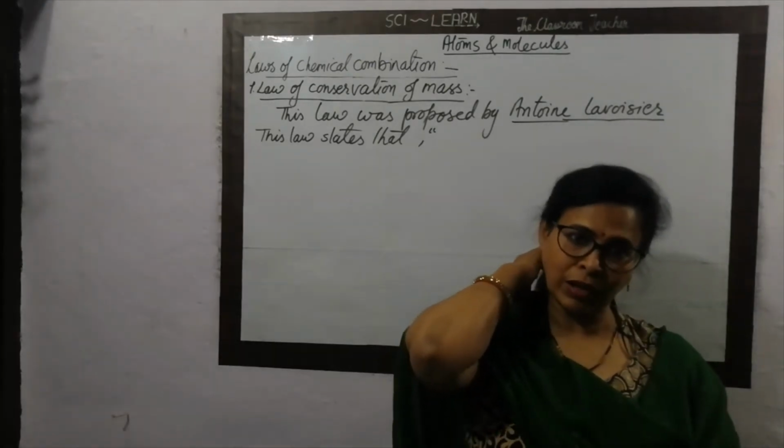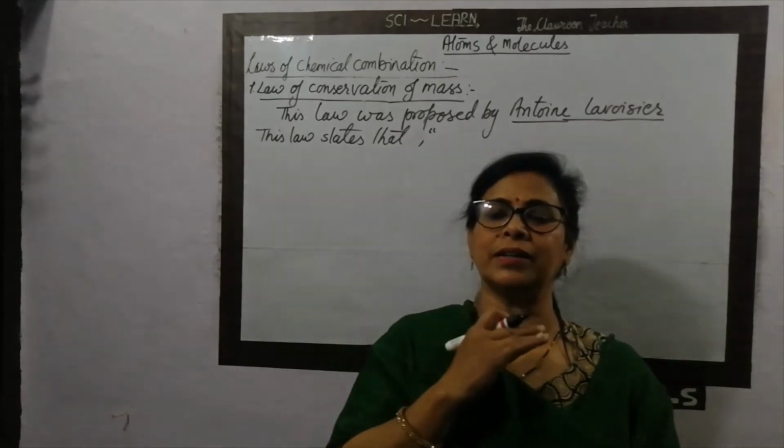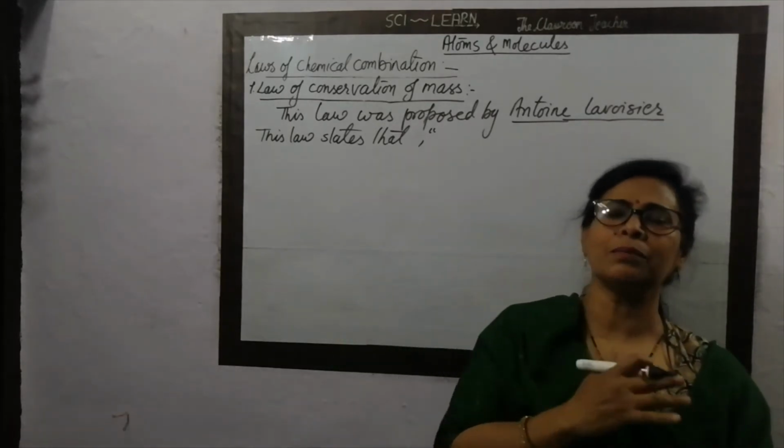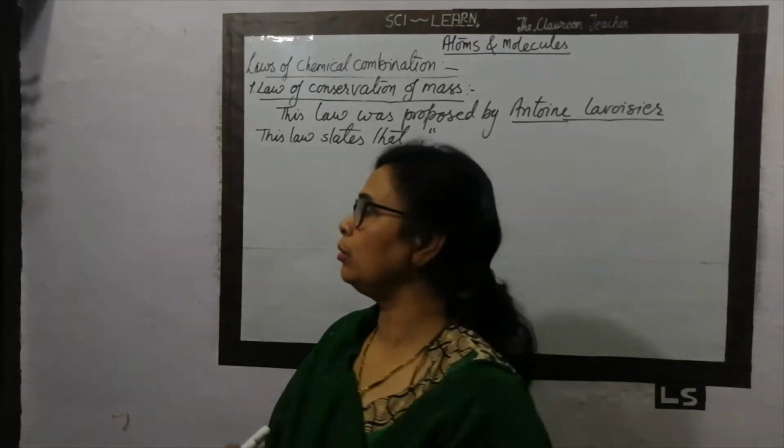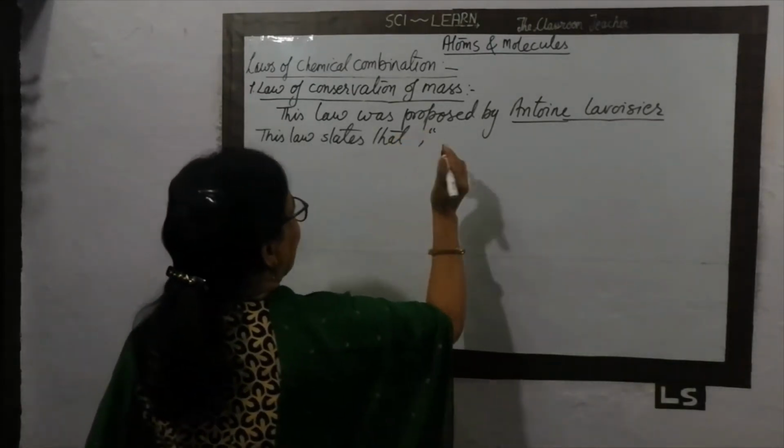What is the law of conservation of mass? According to this law, during any chemical change, any chemical process, the total mass of product is always equal to the total mass of reactant. So this law states that